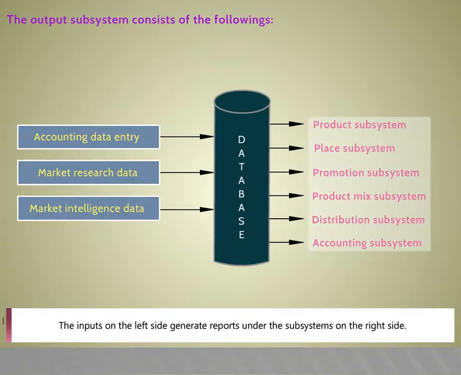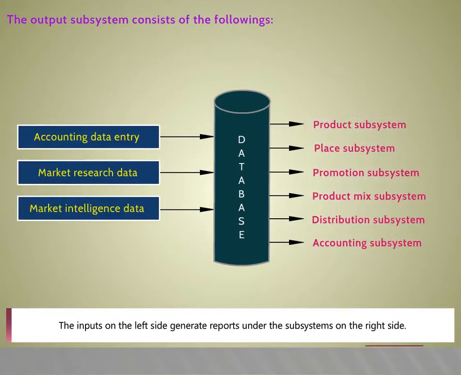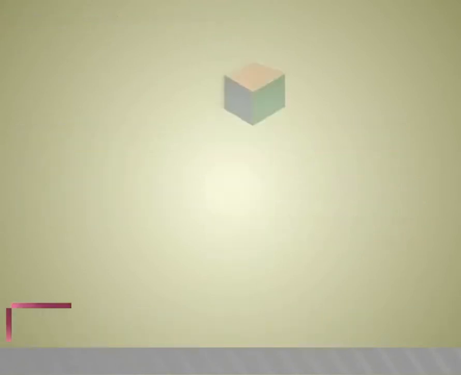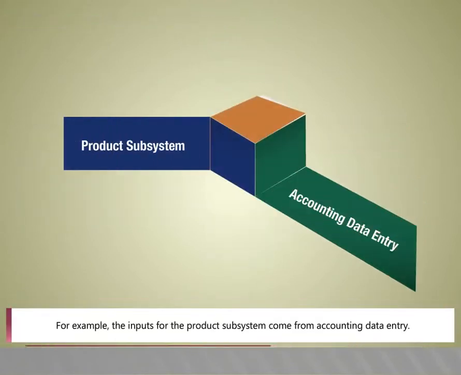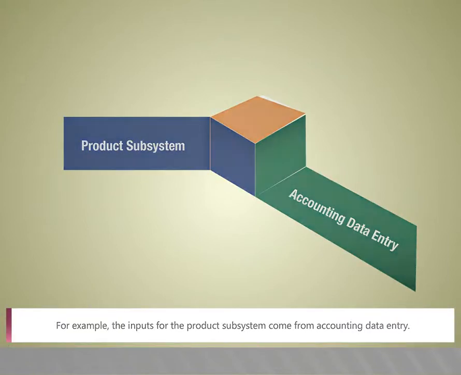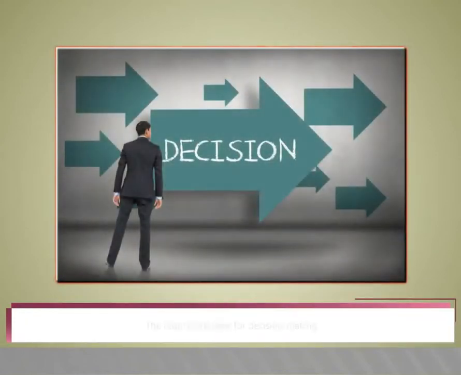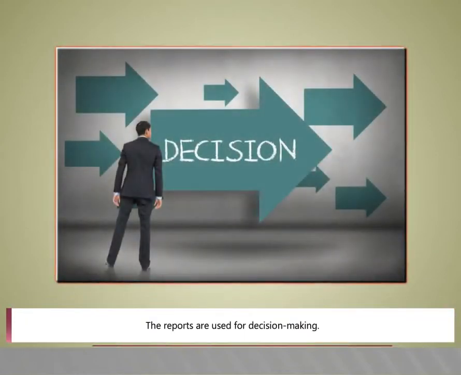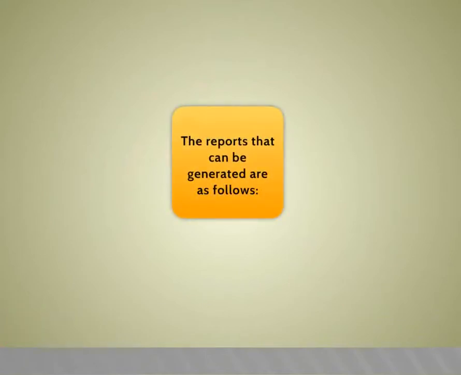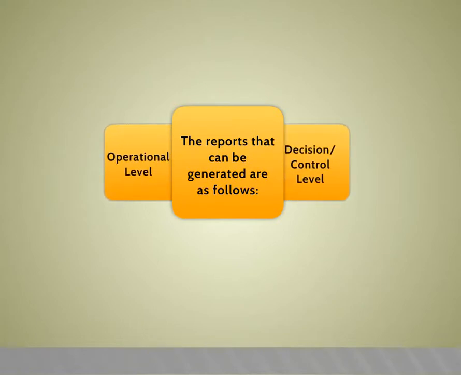The inputs on the left side of the figure generate reports under the subsystems on the right side of the figure. For example, the inputs for the product subsystem come from accounting data entry. The reports are used for decision making. The reports that can be generated are as follows: operational level, decision or control level,